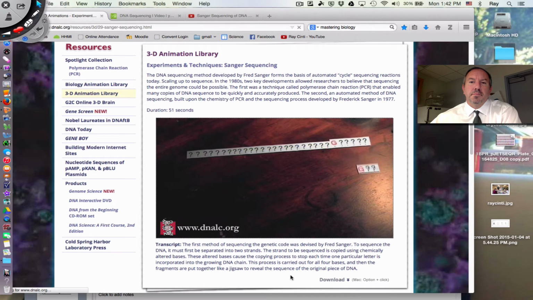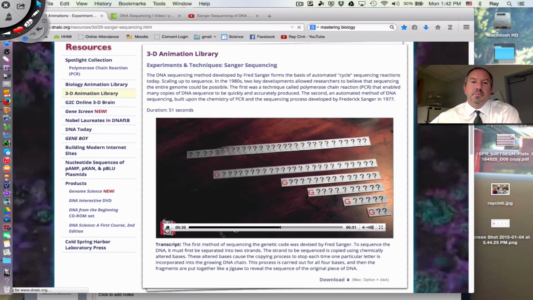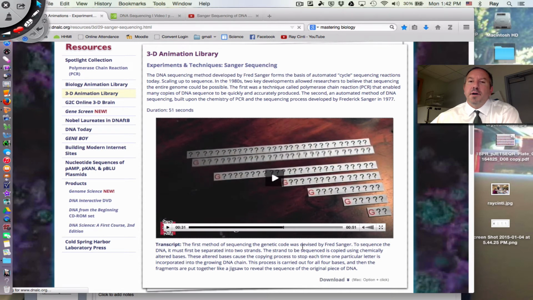These altered bases cause the copying process to stop each time one particular letter is incorporated into the growing DNA chain. Okay, let me just pause it there. So, in the tube, when you've added your template DNA that you do not know, say you added in the tube the ddGTP. So anywhere on here where there was a cytosine, anywhere on the original